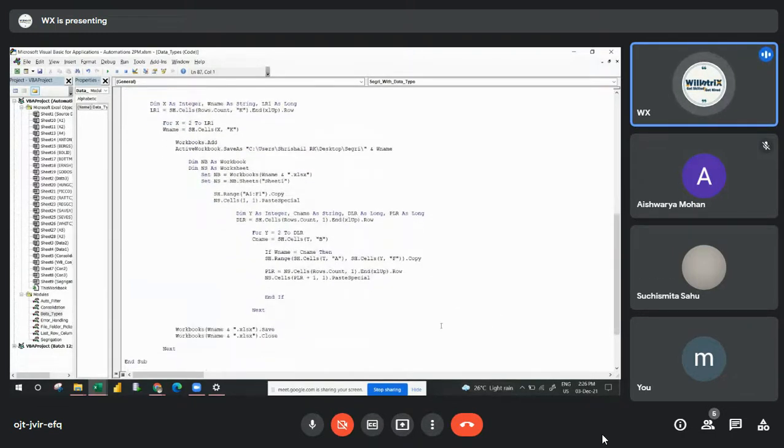Then once it's done till DLR, it will save and close the workbook. So this code, especially, you should write once you add the workbook, right there only. If you have not written it where it should save and close, you will get confused. So between the first next and the second next, the save and close should come. So that's the reason. Once you have added any workbook, if you want to close it, then give the close there only, give some spaces and write the middle code. We have to follow this standard method. You will not get any confusion about where I should finish the end if and the next and all.